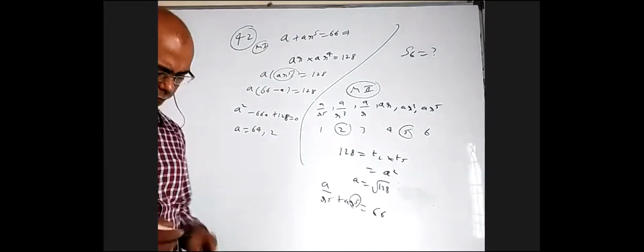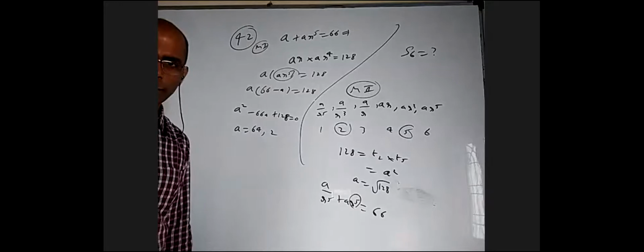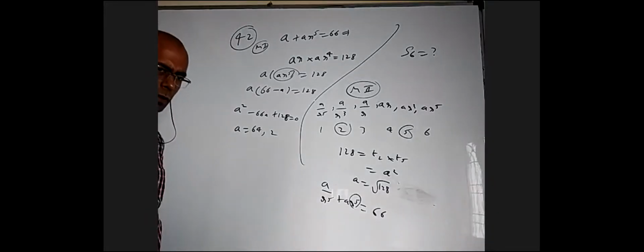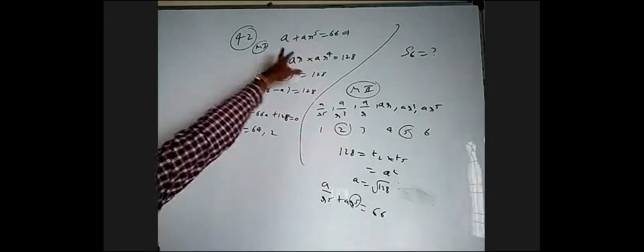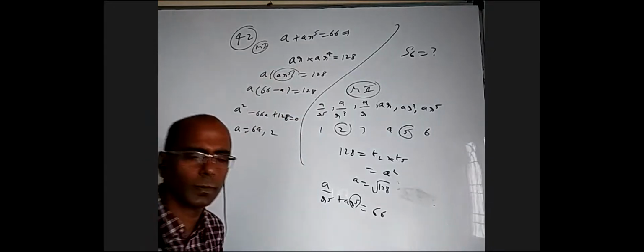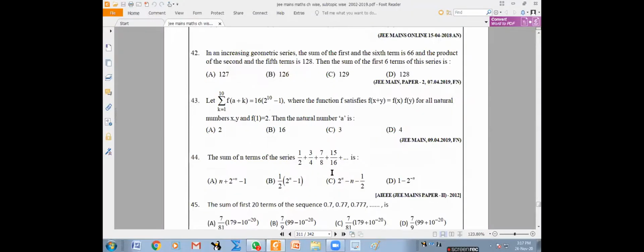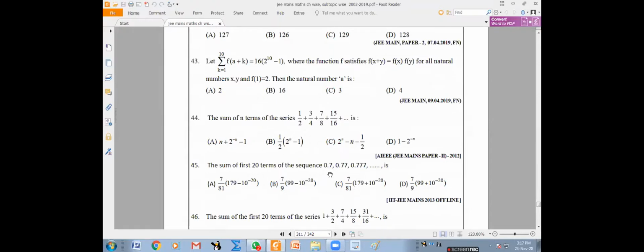And you know, r should be more than 1 for it to be increasing. Is this okay? Yes, sir. Okay, so whoever asked, you can also do from this, but this is easier. Ar power 5, here also ar power 5 is there. Just substitute it, got the a value. Okay, 40. Up to 45, anybody, any other doubt?